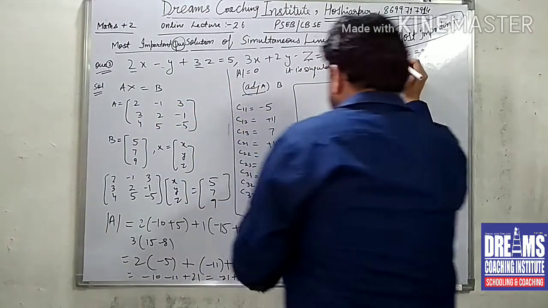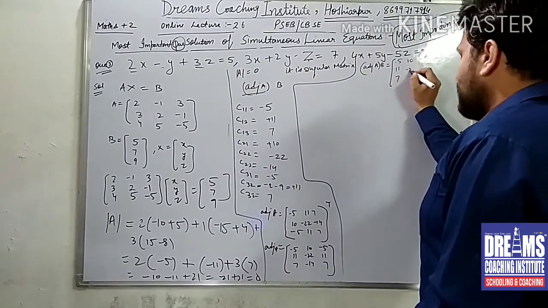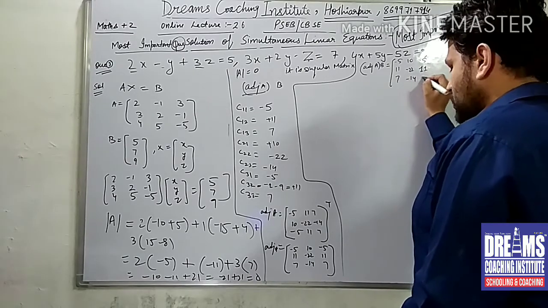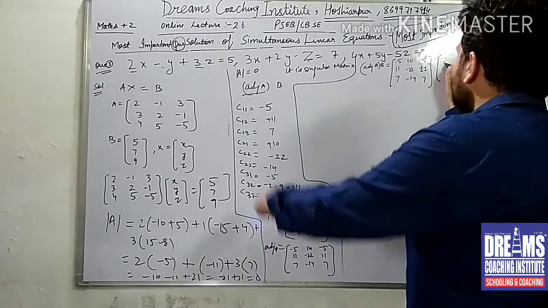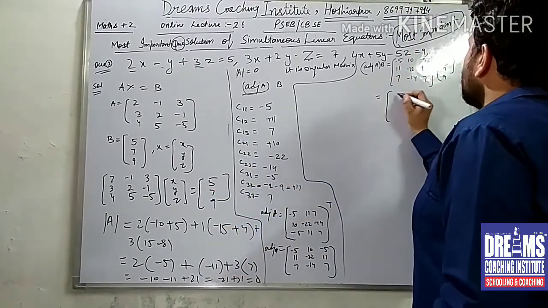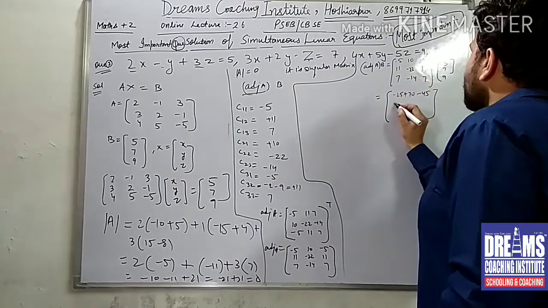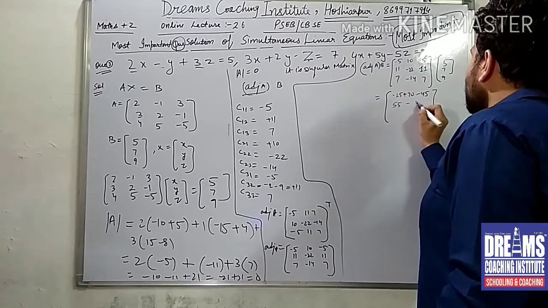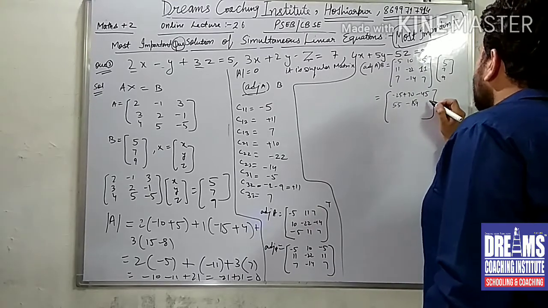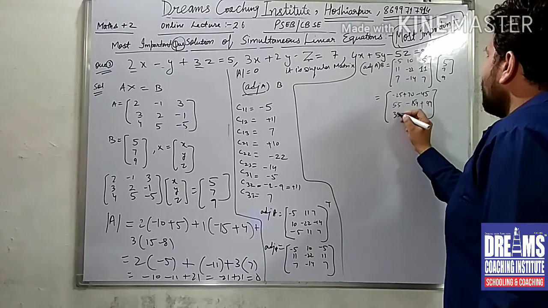Adjoint of A into B. So this is adjoint of A, minus 5, 11, 7, 10, minus 22, minus 14, minus 5, 11, 7, multiplied by b. B over here is 5, 7, 9. So now solve this, beta. This comes to be minus 25, 17 minus 45. Now second, 11 5s are 55, minus 7 2s are 14, 7 2s are 14 plus 1, 15. So this is 11 9s are 99. So now 7 5s are 35.